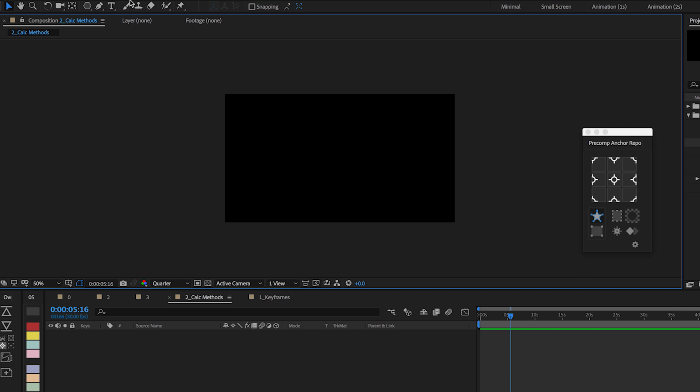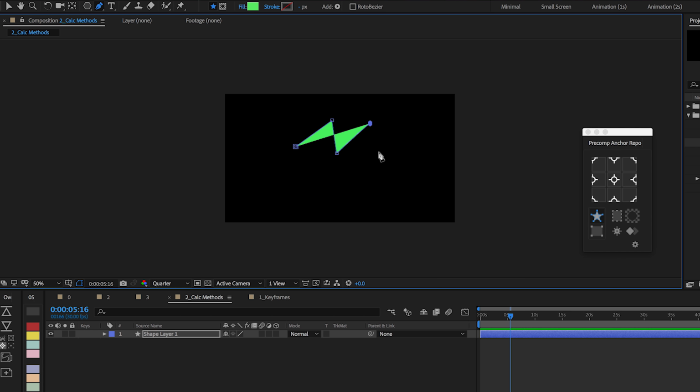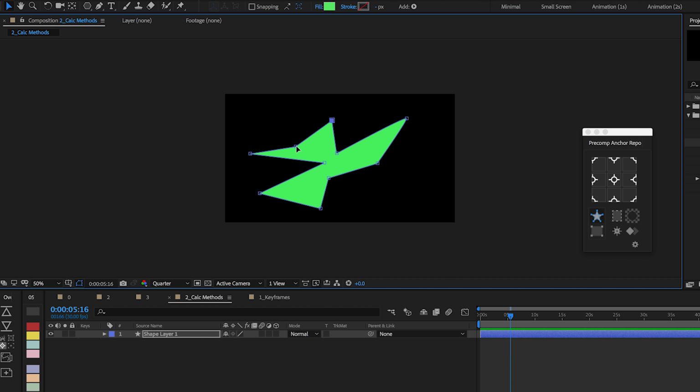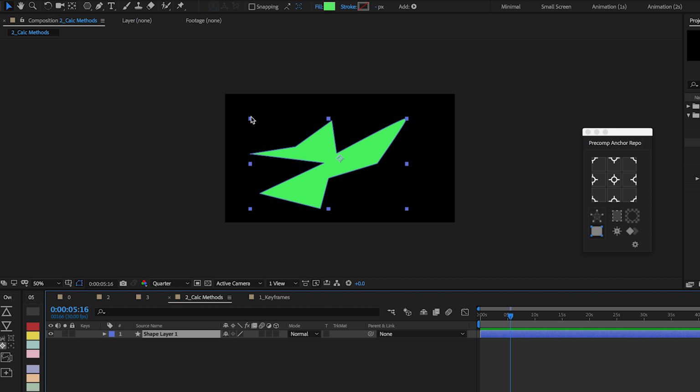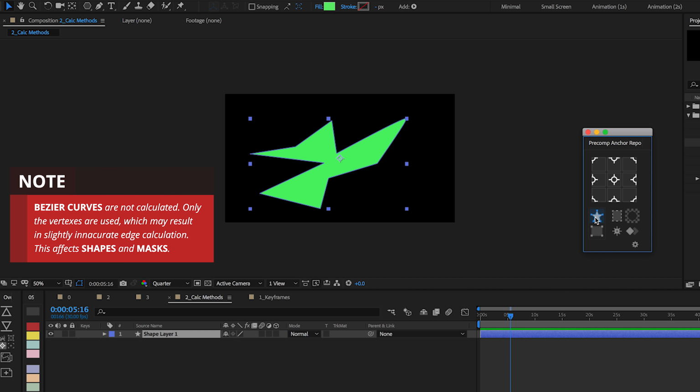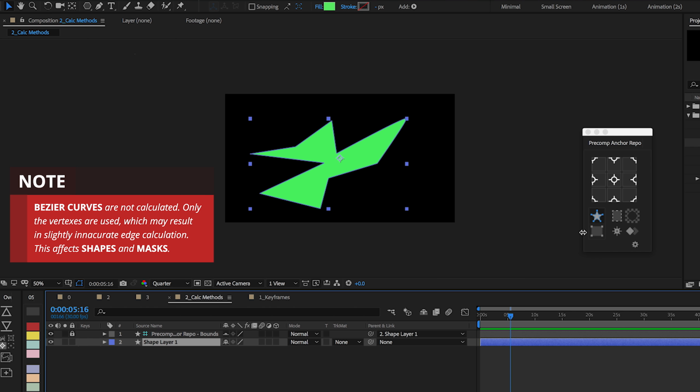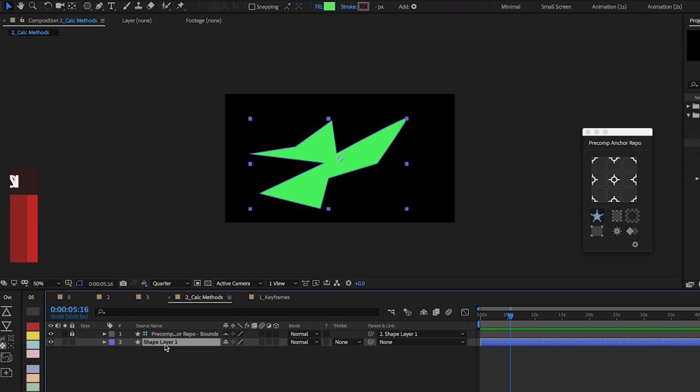Open up a new composition and create a shape layer that has a bunch of vertexes. Vertex mode will take every single vertex of the shape and use that to make the calculation. 4-corner mode will just take the four corners of the content. So as you can guess, vertex mode is a lot more precise, but it is slower, and 4-corner mode is quicker, but it is less precise. There's not going to be any difference in speed when you're just working with a regular layer. However, if it is inside a precomp,